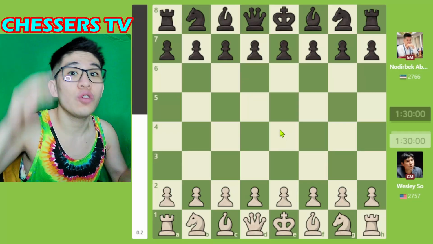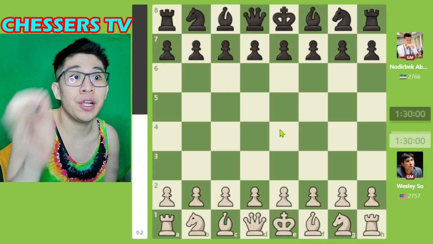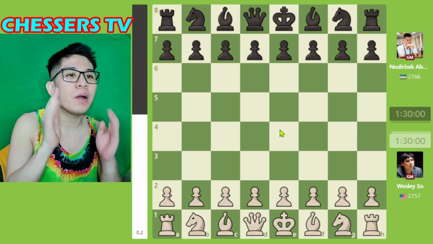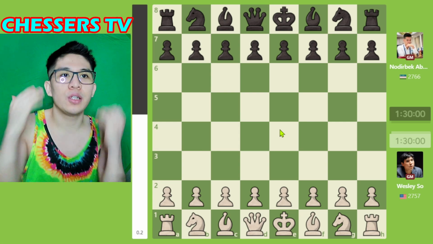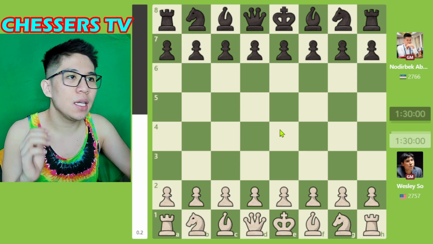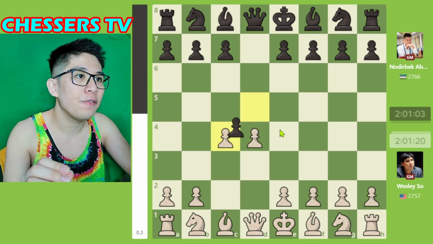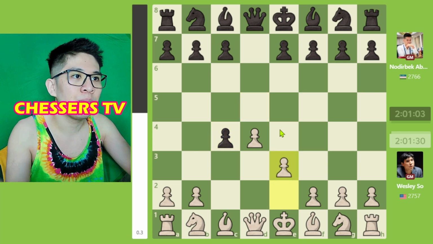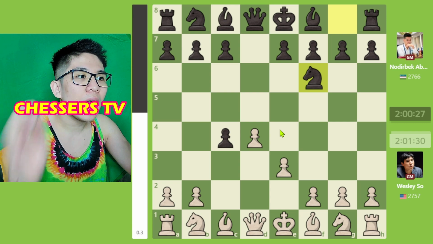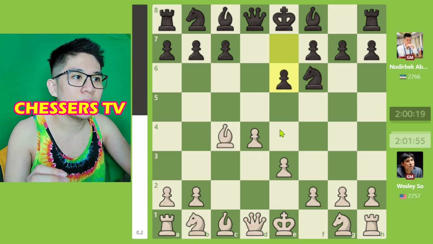I'm gonna show to you, my fellow chessers, the chess game between Wesley So and Nodirbek Abdusattorov in SuperBet Romania Chess Classic 2024, round number 7. So let's begin: D4, D5, C4, D takes C4, Queen's Gambit accepted, E3, Knight F6, Bishop takes C4, E6,